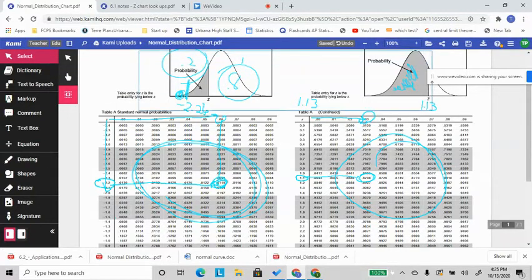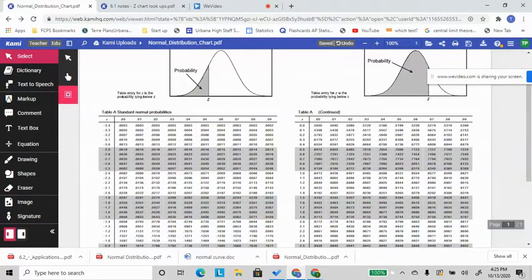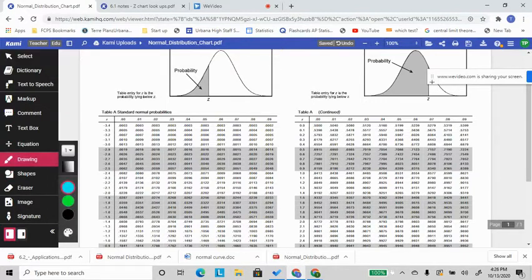With z-scores, clear some of that up. From now on, I want you to round any z-score to the hundredths place. Why? Because that's how the chart is set up. So if I want a z-score of negative 3.14, that is why I want it rounded to the hundredths place from now on. Okay, and then when we're looking up areas, let's say I gave you this area of 0.3, you're going to